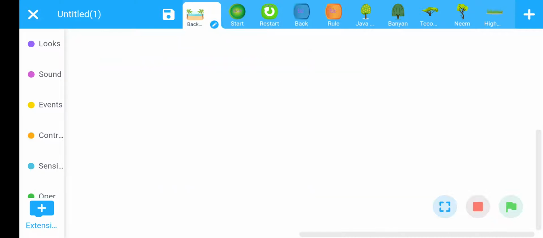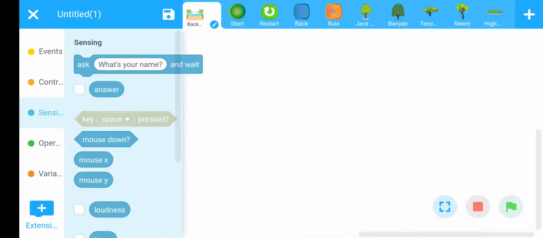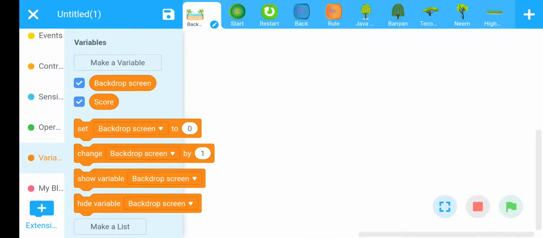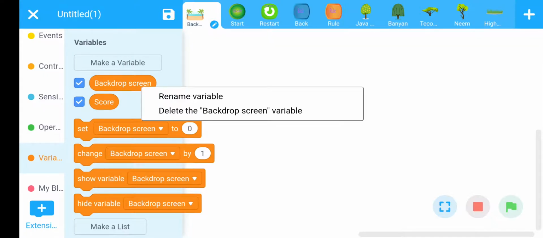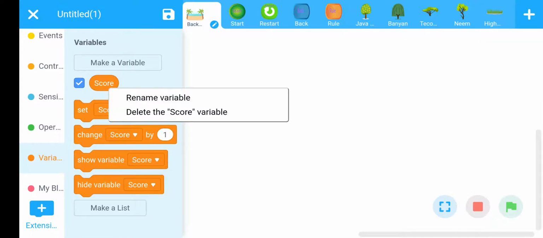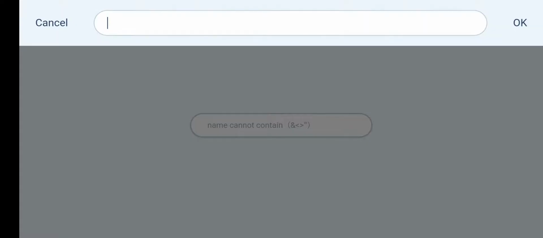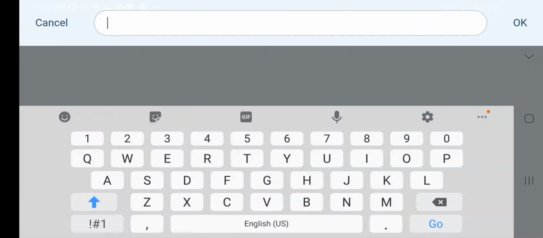Okay, first go to event section. Before going to event section, you have to create a variable. The name of the variable is backdrop screen.